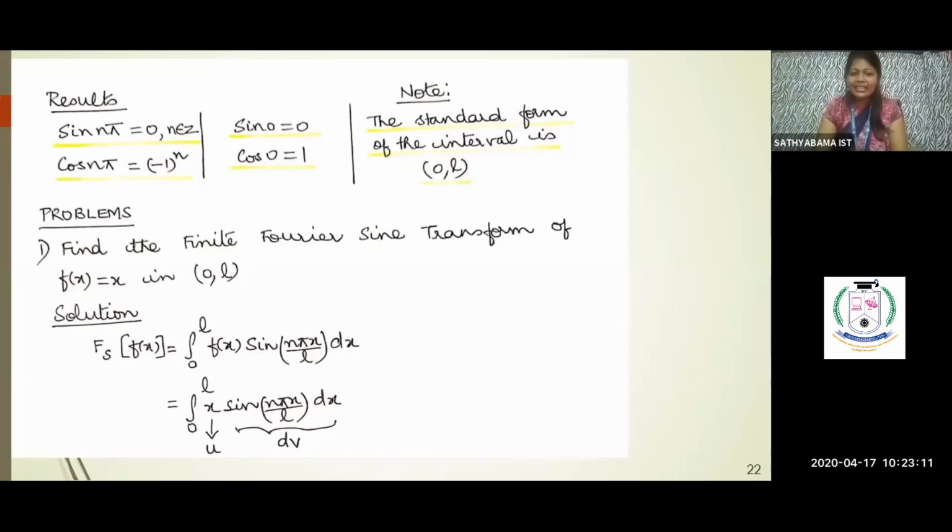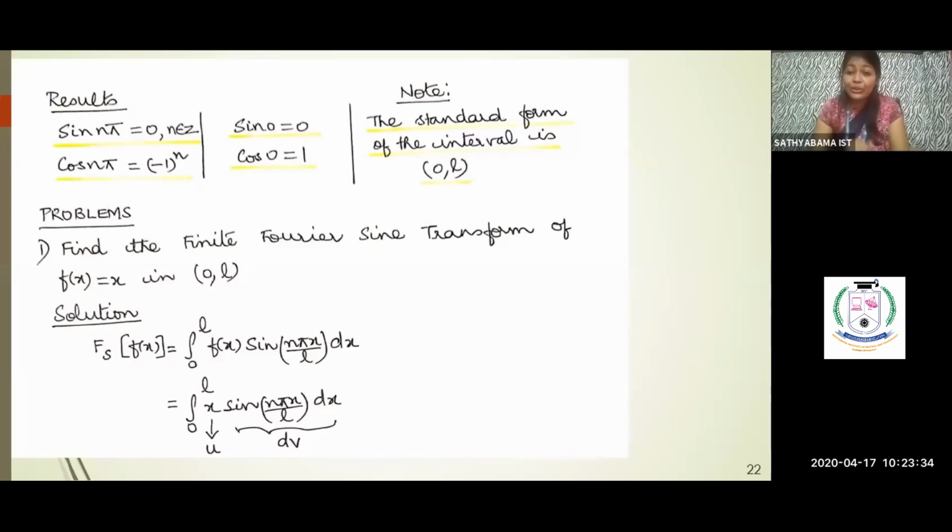Now I've simply substituted. What is f of x? That's given in the question. f of x is x. So substitute for f of x as x. Now all you have to do is evaluate this integral. Now this is going to be really easy for you. I'm sure it's a cakewalk, because by now you're all thorough with this. It's a product of two functions where one is algebraic. So I will go for Bernoulli's, integration by parts or Bernoulli's.